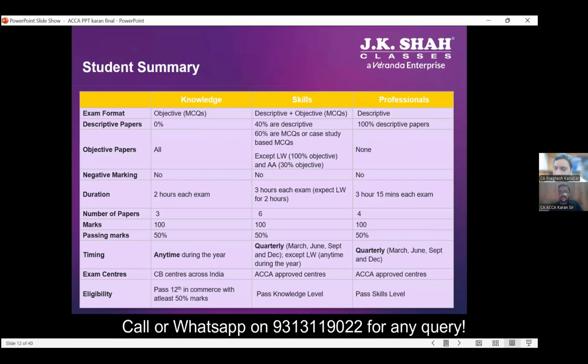Is there a remote exam concept where I can give it from my home? Yes. So there are 2 modes in which you can give exams. One is by going to the exam center, and second is remote exams where you can give exams at home. Generally, it is not suggested to give exams from home because of internet connectivity issues or electricity issues. If that is not the case, you can still give the exams in a remote environment from home. But it is not suggested to give exams from home.